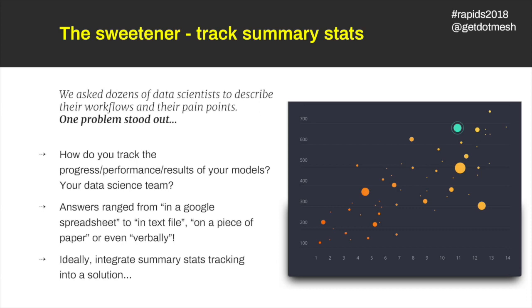And there was really one problem that stood out from a lot of those conversations. We asked them, how do you track the progress or performance or results of your models? And we got a range of answers. One of the answers was, we don't. We're flying blind. Another one, which came up a few times, was that we track it in a Google spreadsheet. And that's fine, but you're manually copying and pasting things into your Google spreadsheet